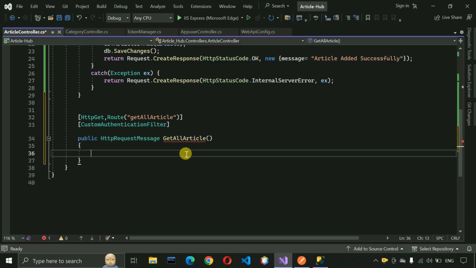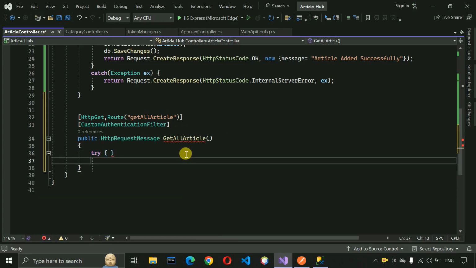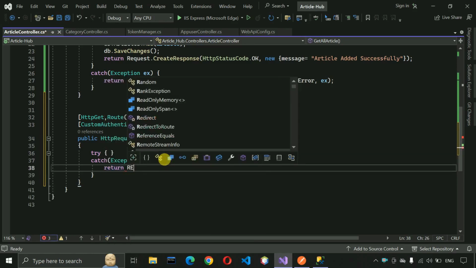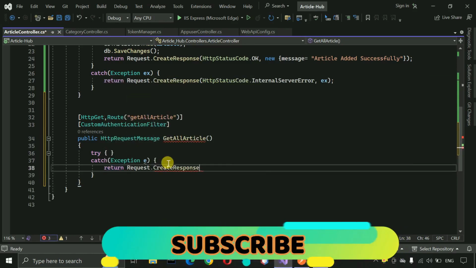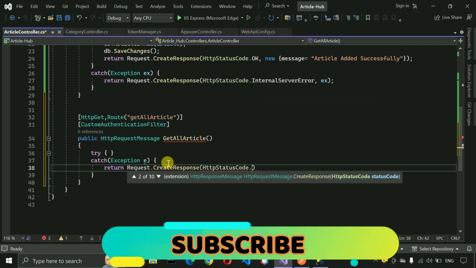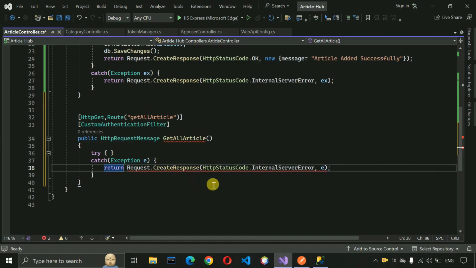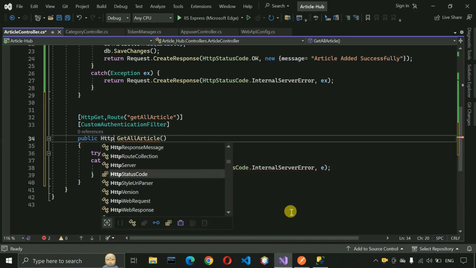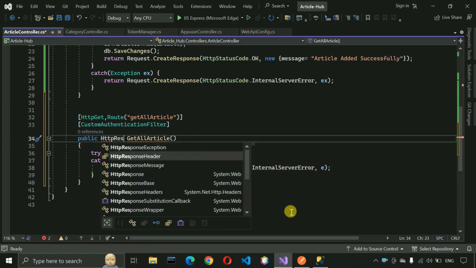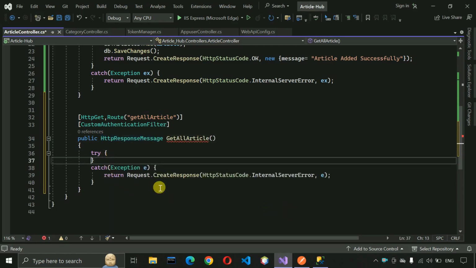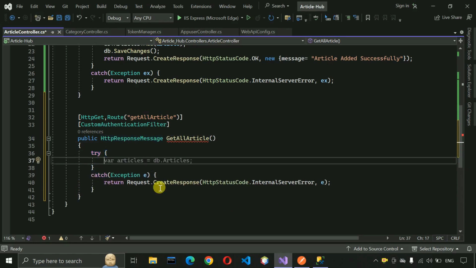and inside this one a try catch block, catch Exception, and then we have to return: return Request.CreateResponse, and HttpStatusCode.InternalServerError, e, put a semicolon. Okay, so here we have to just change this one to HttpResponseMessage, that's why it's throwing the exception. And let's get back to the try block, and here we have to write var result,